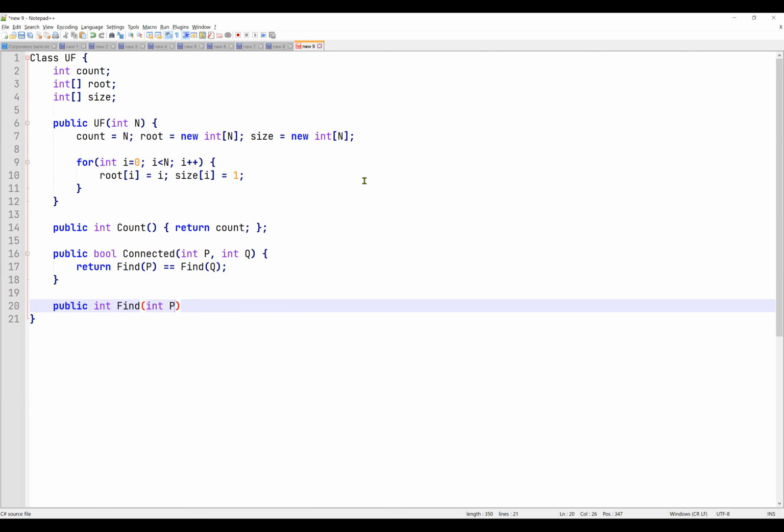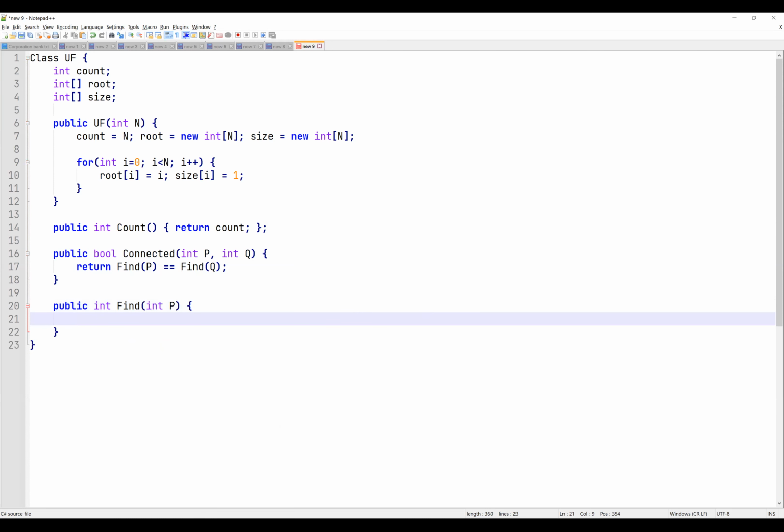So we have to give the parent of any given point, right? Now, what is a parent? Let me get an example. Yeah, this is a good example.